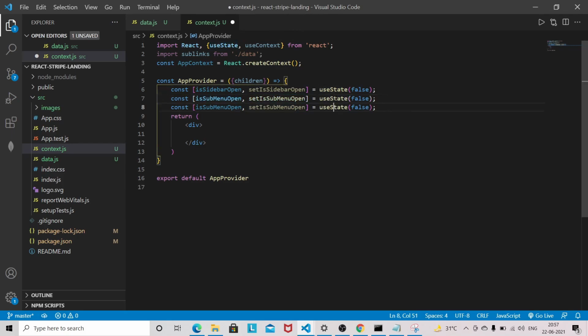And then we will have one more state, page, setPage, and it will have an object with page and links, and it will be comma here.